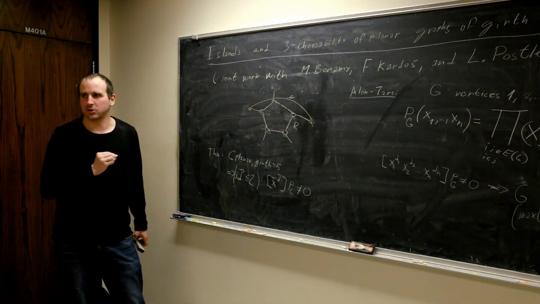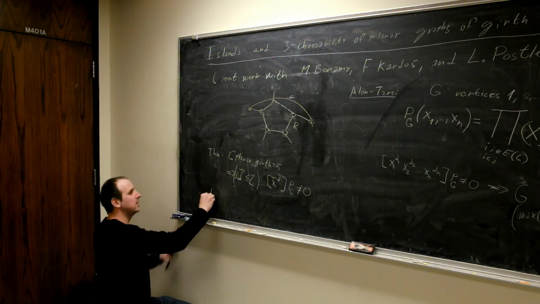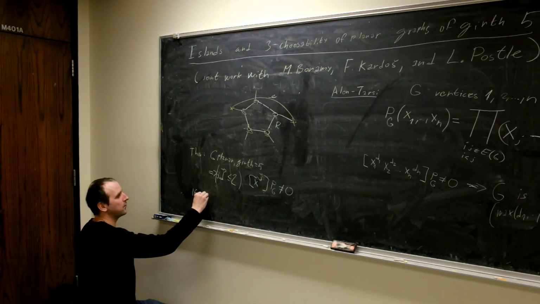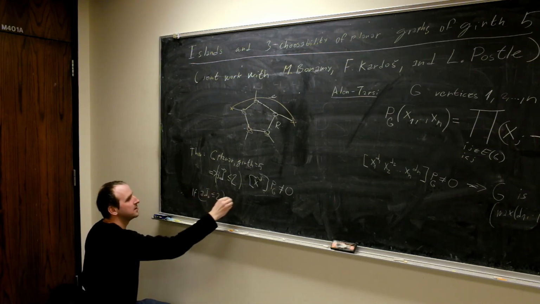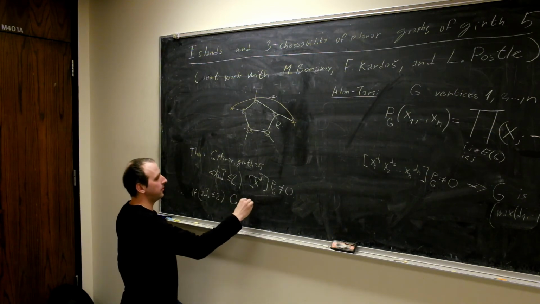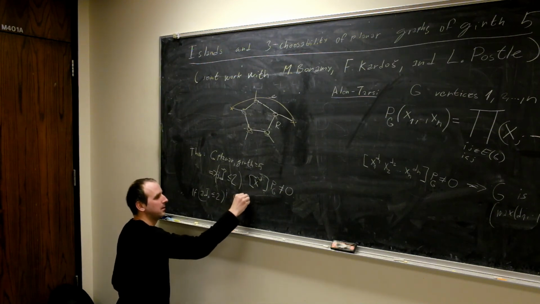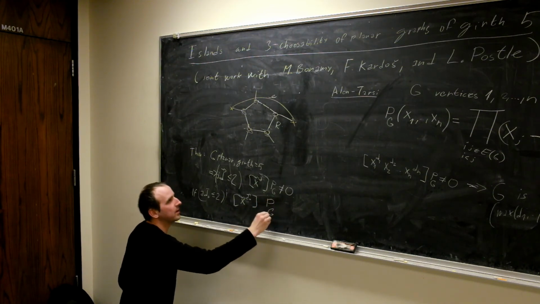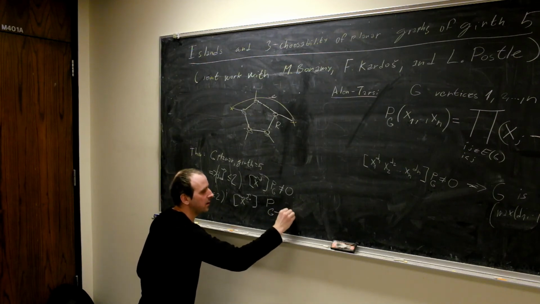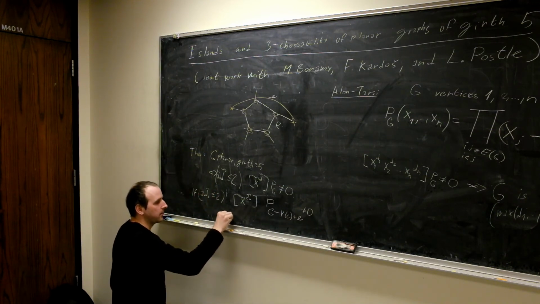Let's call this H. So to prove that this is reducible, we need to show that if I have some d0 vector, which is at most 2 in all coordinates, such that the coefficient at this in the polynomial of my reduced graph, so G without this cycle plus this H,